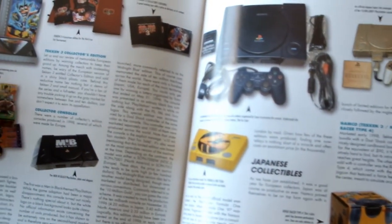That includes Tekken, Gex, Lara Croft Tomb Raider, Final Fantasy VII, or any of the Final Fantasy games, all these different titles that we associate with the PlayStation brand are in some way, in some form, covered in this book, especially the promotional material and all the different magazine covers that were featured back in the day, as well as all the accessories and special editions of the PlayStation stuff that included collectibles